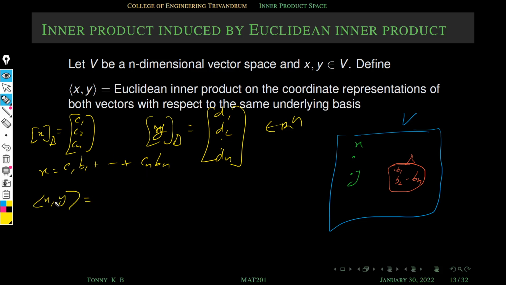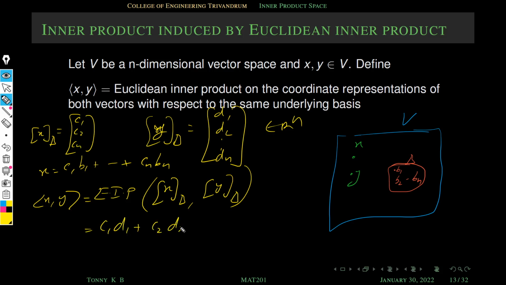Okay, so this is defined by the Euclidean inner product between these coordinates, the coordinate of x with respect to b and the coordinate of y with respect to b. Right, we know how to take the Euclidean inner product. That is equal to c1 d1 plus c2 d2 etc. plus cn dn. So whatever the vector space, if it is finite dimensional, then you can choose